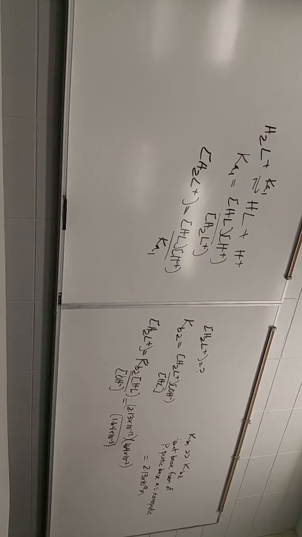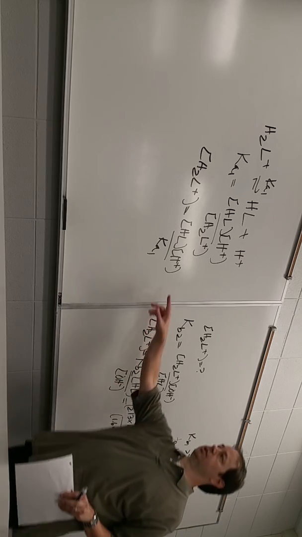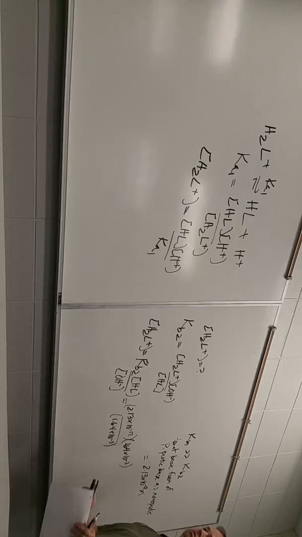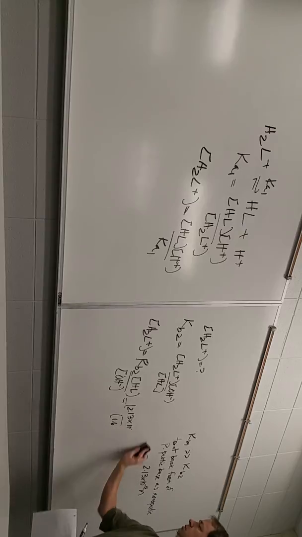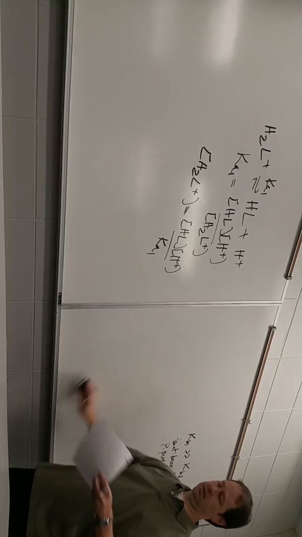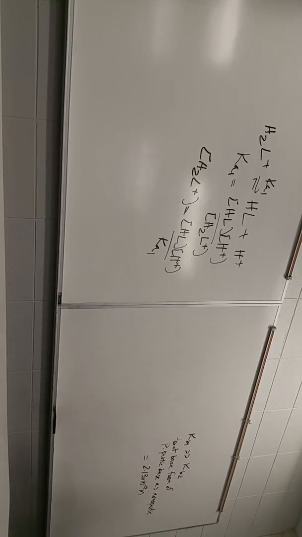But we know now we have a relationship between one of the units of our charge balance equation and an HL value, which we're given, and an H plus that we're trying to solve for. So what we're doing is we're kind of isolating variables, to use a math term. I like math, if you haven't figured that out. More math than anything else, really.